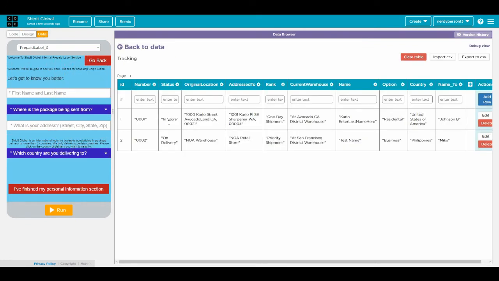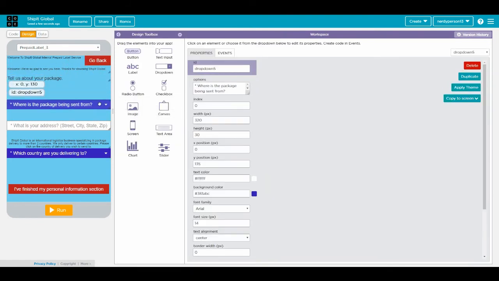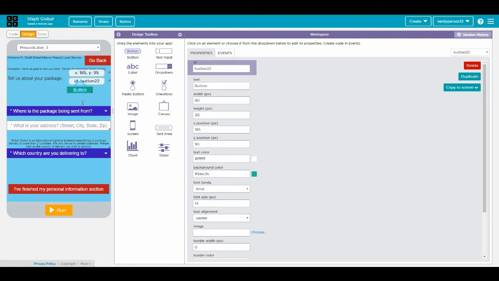Let's see here. Original location, address to. Okay, we're gonna say something on the rank. Let's go ahead and create that button and put that right there. And then we're gonna go ahead and make it a little smaller so it doesn't interfere with this. Alright, and then we're gonna say